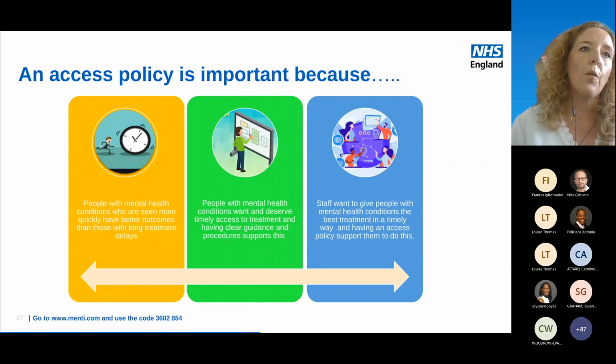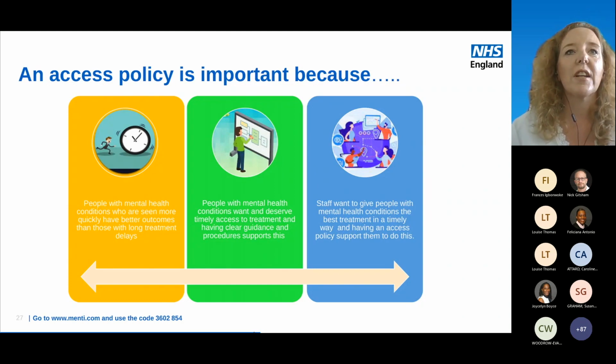So why is it important? We need to consider why having an overarching access policy is important in terms of how it supports improved experience, access and delivery of services. It could be argued that to support such improvements, it should be seen as more than just a dry document providing operational guidance. It could be seen and should be seen as a live document actualising those key principles of why timely access to the right care is so important.